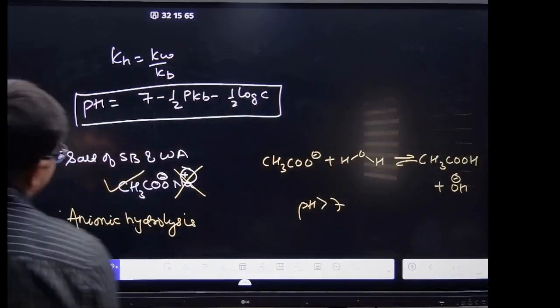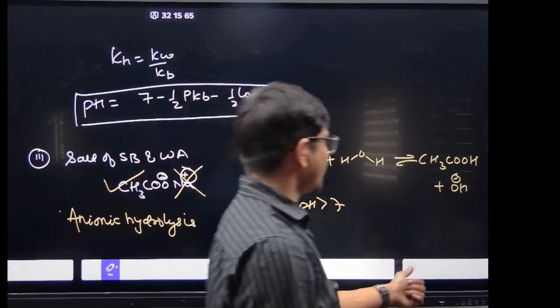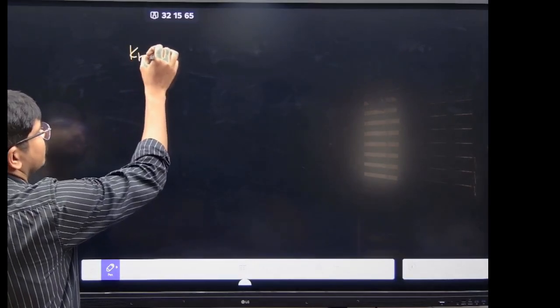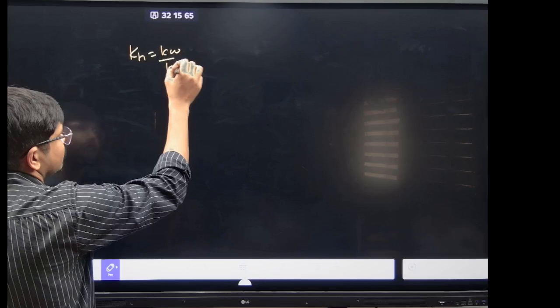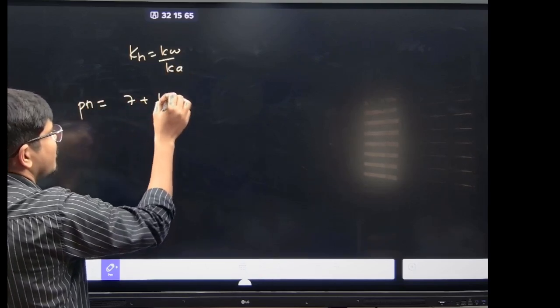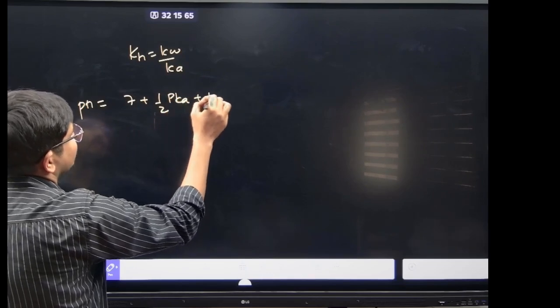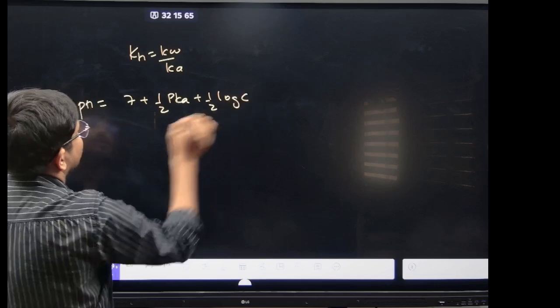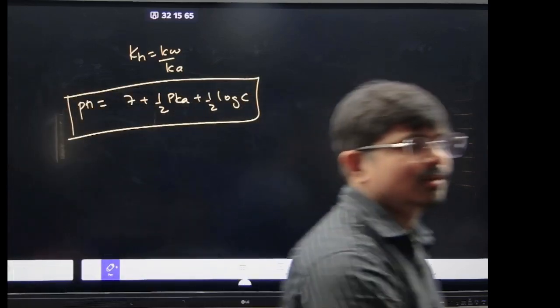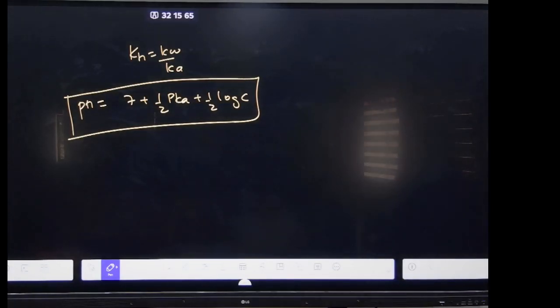Now see here, you have to write the formula. KH is equal to KW by Ka and pH is equal to 7 plus half pKa plus half log C. Got it? Fine. हो जाएगा. अब देखो